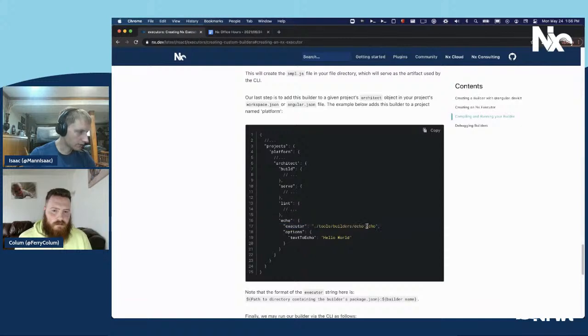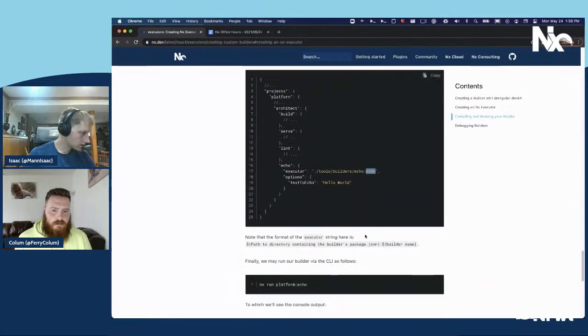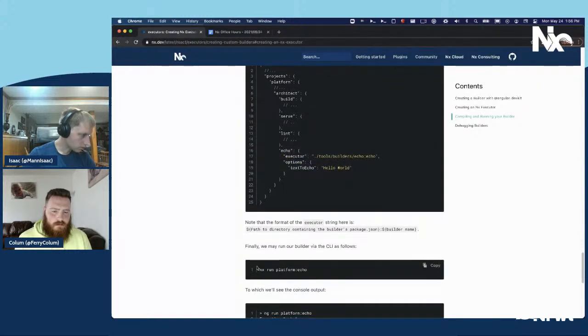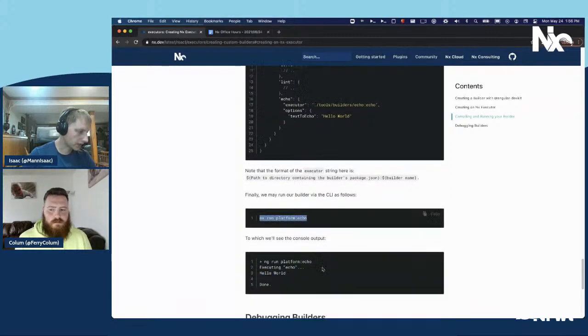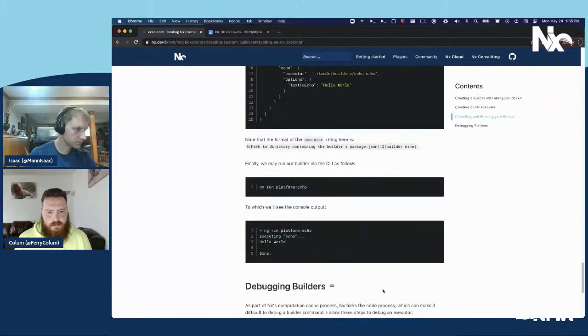And then after the colon, you put the name of the executor. So then once you have that all set up, you can run nx run just like you would any other executor. All right, let's pause there